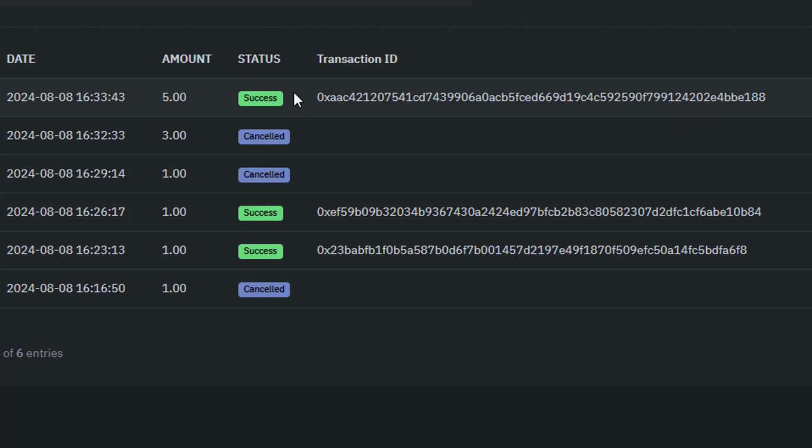If you have a deposit that's sitting over here and pending, then I need you to go and get your transaction ID. This is also referred to as a hash. If you're using another wallet, you may need to Google or YouTube, how do I find the hash for a transaction, or how do I find the transaction ID? If you're using Coinbase as an example, or you're using Bifrost as an example. Now, I'm using MetaMask.